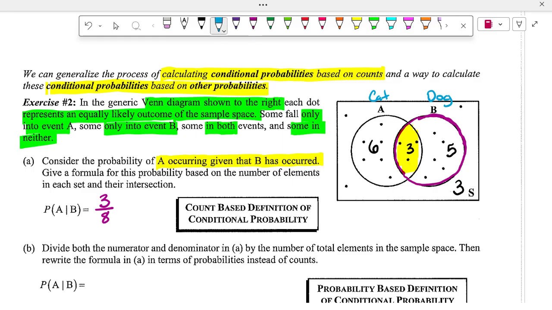So in other words, this was the number of people that had both a dog and cat, and this was the number of people that had a dog. And remember, that number of people still lumps in the ones that have cats as well, but they just happen to have a dog. Like if I just asked you guys who in here has a dog, I don't care if you have a cat as well, because that's not what I asked. If I asked if you have both, then that's different, okay? Now,